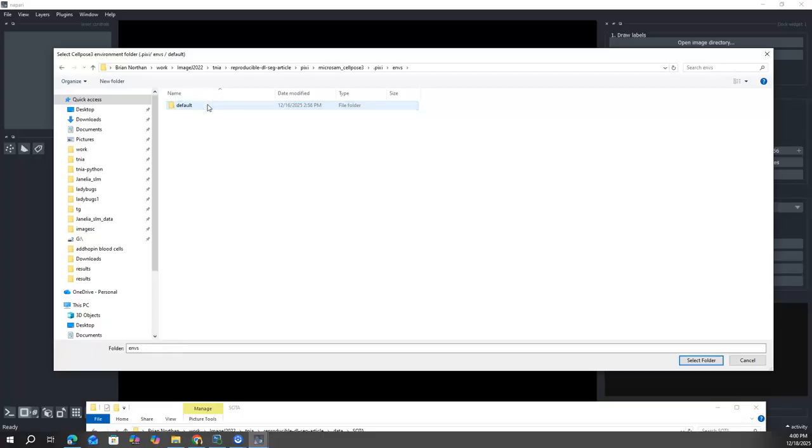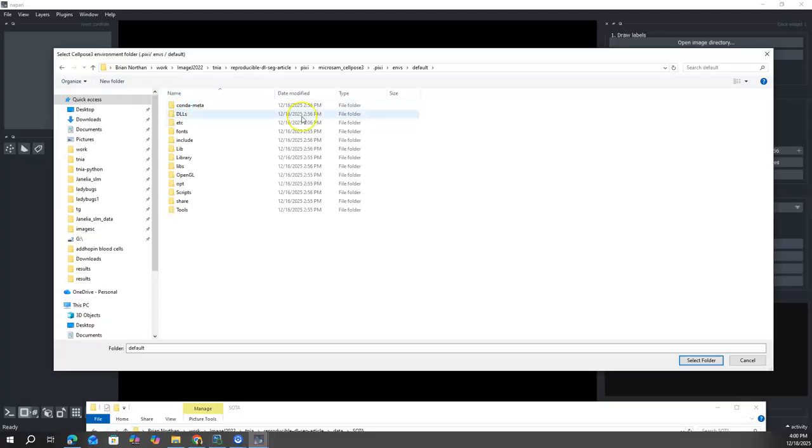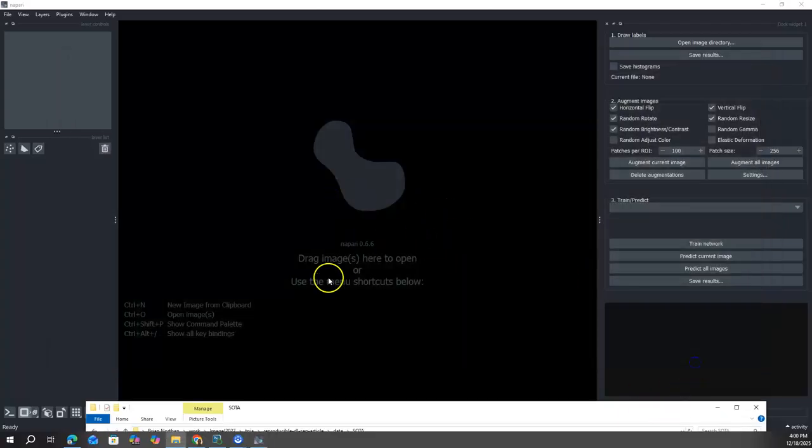I'm actually going to try to call both Cellpose3 and Cellposesam in the same Napari, but I've got to tell it what environment to use for Cellpose3. So I've got this Cellpose3 environment set up, and I have to give it the environment, which is in this folder called default. That's just how Pixi structures things. So I've got to send it this default environment. And then we wait a couple of seconds and the images should load.